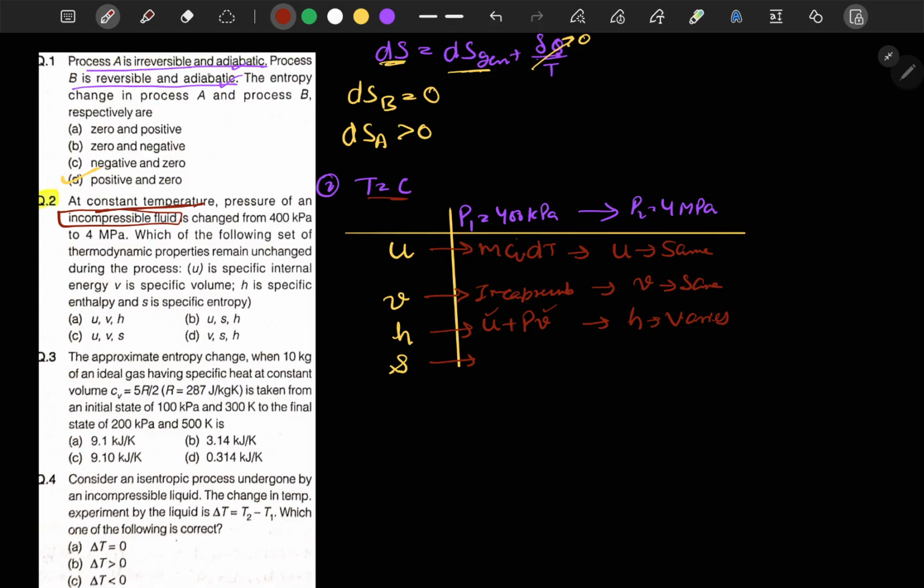Okay, and because it is an incompressible process, if you remember the formula for the entropy change of a gas, let's consider a gas. So we see there are two terms. First, we can write it as Cp ln T2 by T1 minus R ln P2 by P1. So from here you can see that since the temperature is constant,